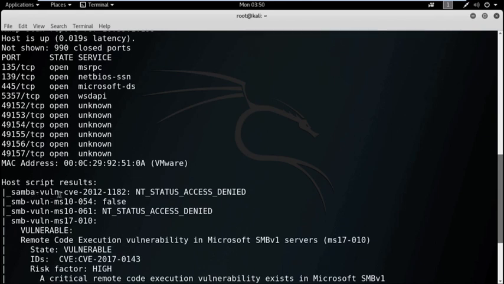And it's showing Samba vuln CVE-2012-1182 status access denied. SMB vuln MS10-054, it is also showing false. SMB vuln MS10-061 status access denied. SMB vuln MS17-010, it's showing vulnerable,